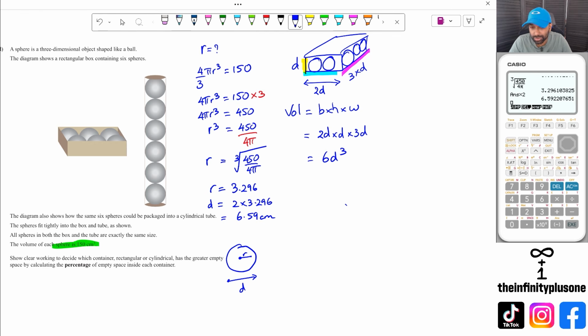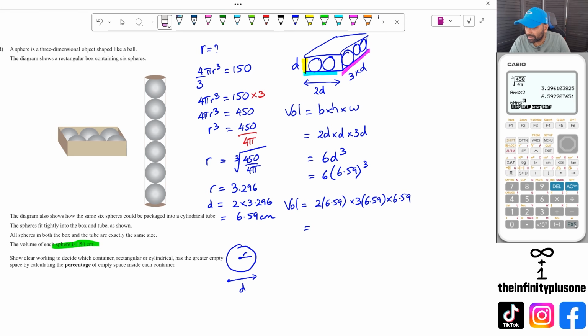Now, you don't need to do it this way. You could have actually done it straight away like this. So you might have gone 2 times 6.59 multiplied by 3 times 6.59 and multiplied by 6.59. Either way you do it, it's absolutely fine. Or in this one, you can go 6 times 6.59 to the power of 3 and then get whatever the answer is. Either is fine. So I'm just going to go 6 times the answer to the power of 3, and that's going to give me